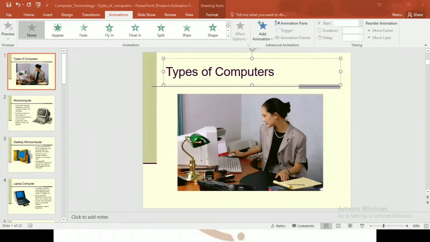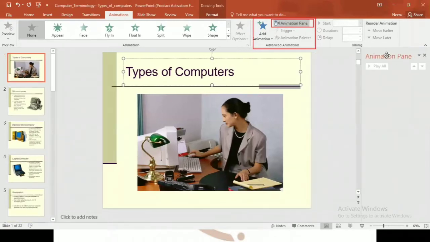In the advanced animation group, you will see this one, my animation pane. Click on it so that at the right side you can see the animation pane. This one is blank because we have not given any animation.